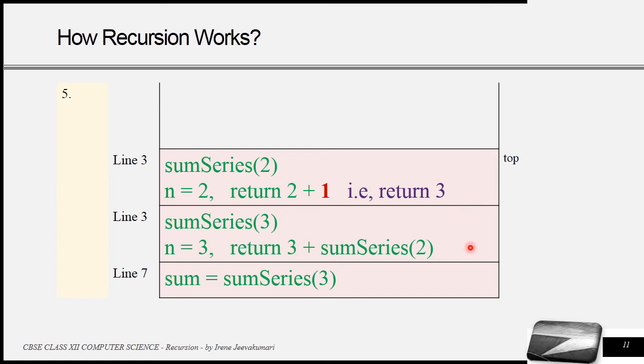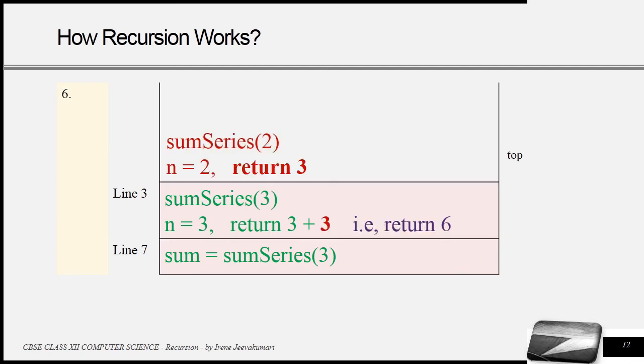It was called from SumSeries2. So the value 3 will be returned to the function SumSeries2. After returning the value, the frame of SumSeries2 will be removed from the stack. After returning the value 3 to the function call statement, the frame at the top of the stack will be